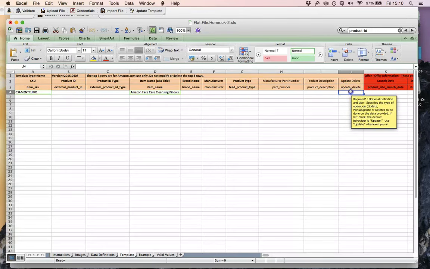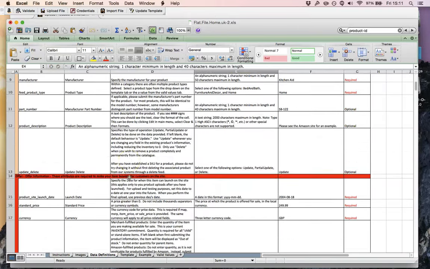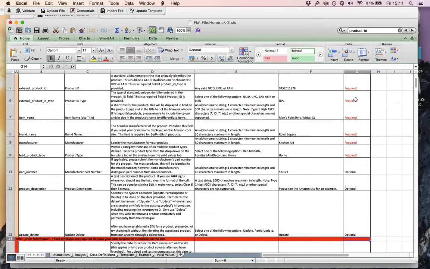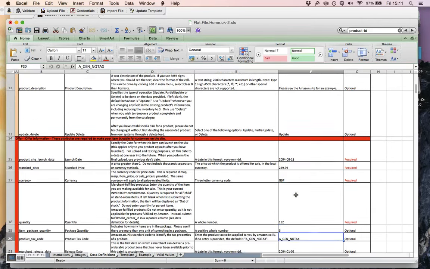This will tell you if you're updating an existing listing, you can do what's called a partial update. Again, the data definitions will go through here. They'll also tell you in the data definitions what's required. Okay, so you can see what's optional and what's required here. So we can see currency, standard price, your quantity,